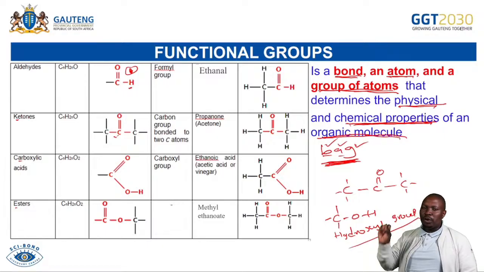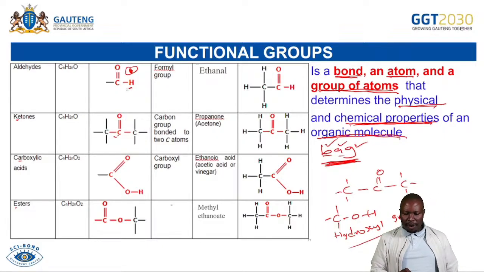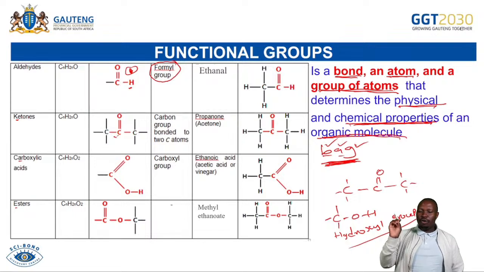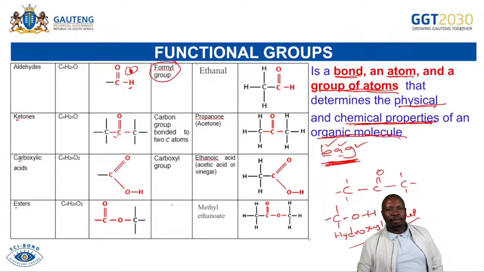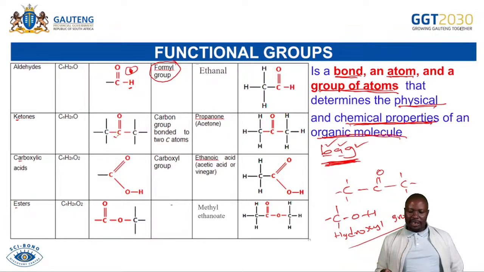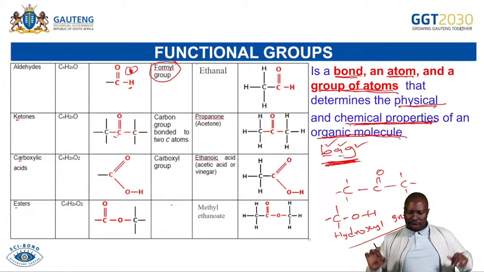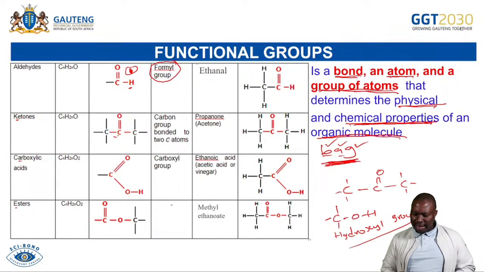When you ask what the name of this functional group is, and you see it's a C double bond O in carbon number 1 bonded to a hydrogen, you know that is an aldehyde group (4-mil group). So a 4-mil group will be in carbon number 1, C double bond O bonded to a hydrogen. But whenever C double bond O is surrounded by 2 carbons, then you are going to refer to that as a carbonyl group.